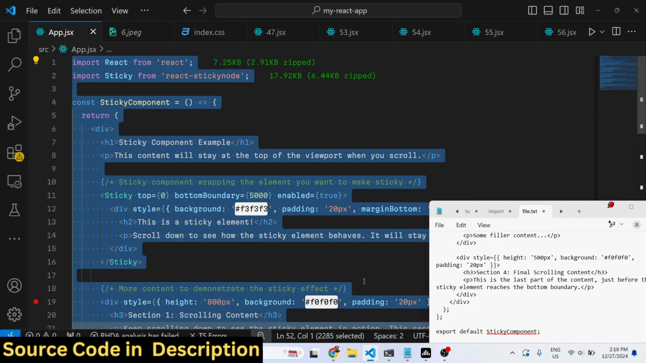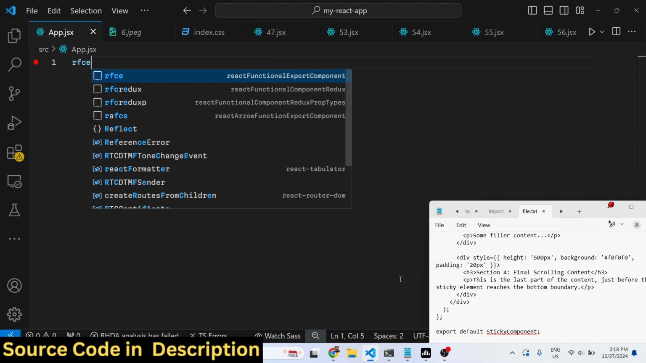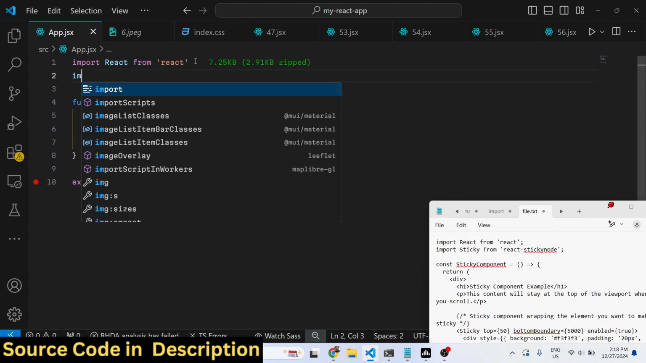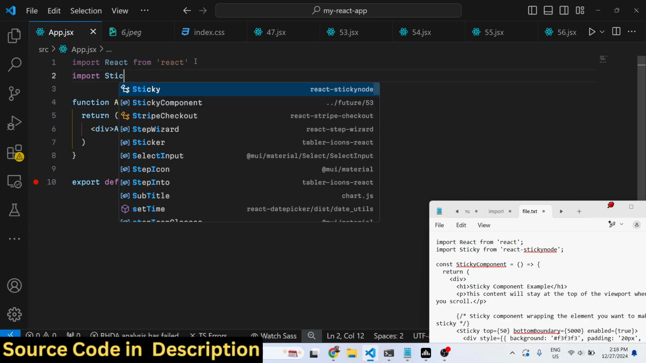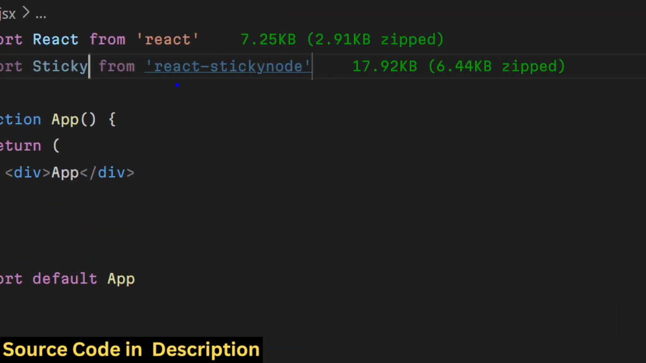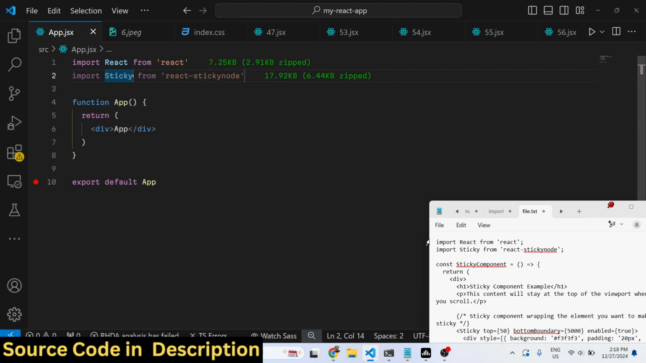So now to get started, first of all, just make a simple functional component, and then we need to import this package by using the import statement. It contains the Sticky component which will be coming from this package, and it's almost 18 kilobytes. It's a very minimalistic package. So once you require it, you need to go to JSX, and wherever you need to put your sticky element,